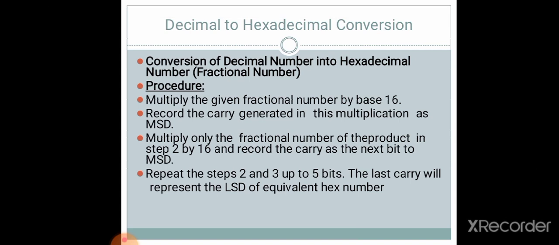Then decimal to hexadecimal conversion for a fractional number. For a fractional number we are taking 16 for multiplication. Why are we taking 16? Because we are converting the given number into a hexadecimal number and the base of the hexadecimal number is 16. That's why we are taking the number 16 for division as well as multiplication. For the octal number system we have taken the number 8 for division and multiplication. For the binary number system, we have taken the base of the binary system, 2, for multiplication and division, right?